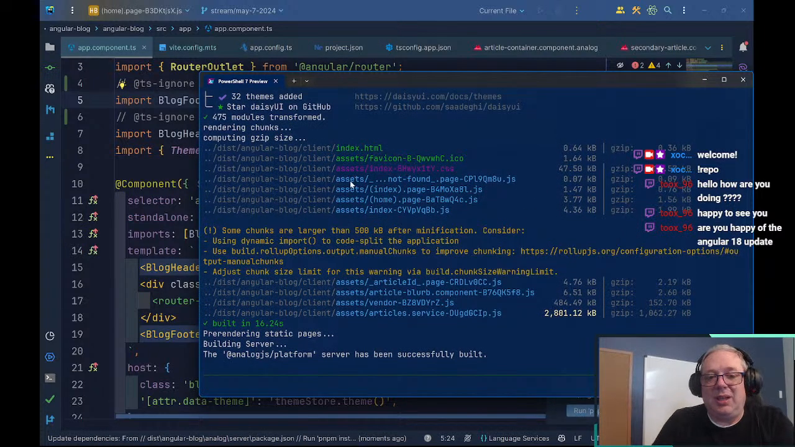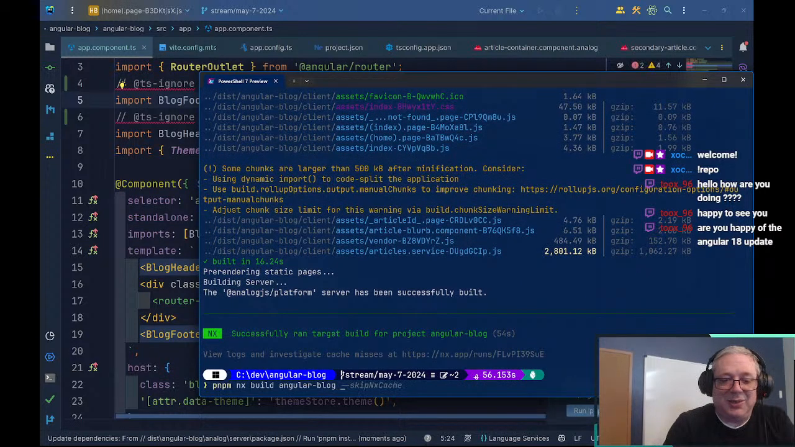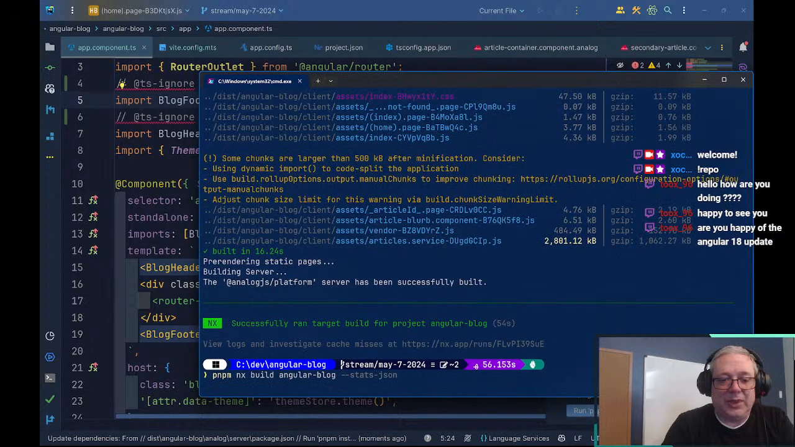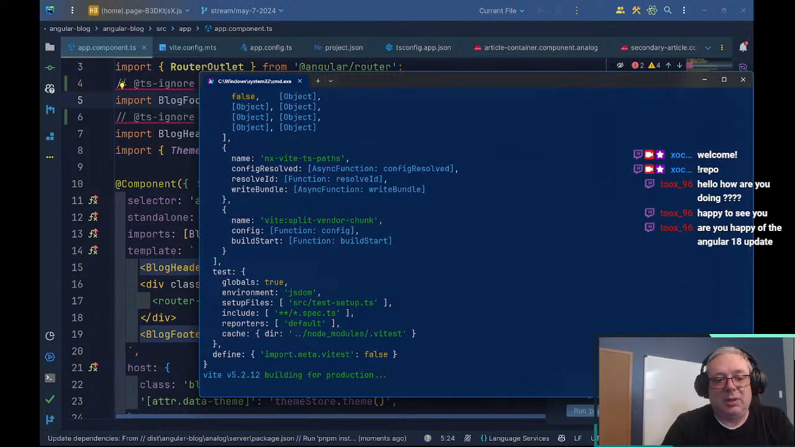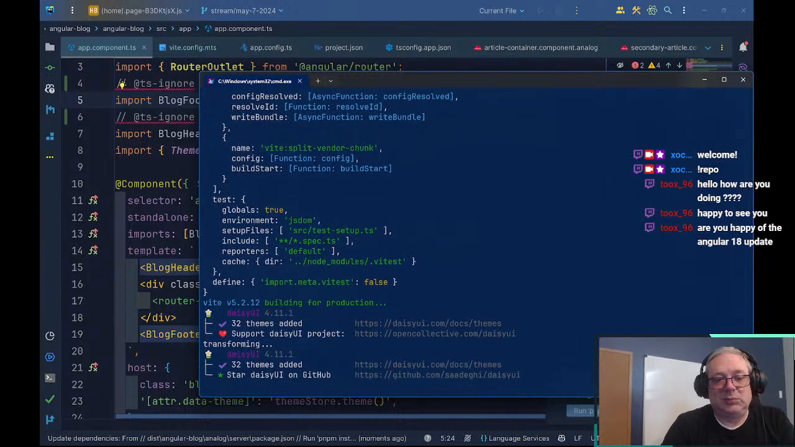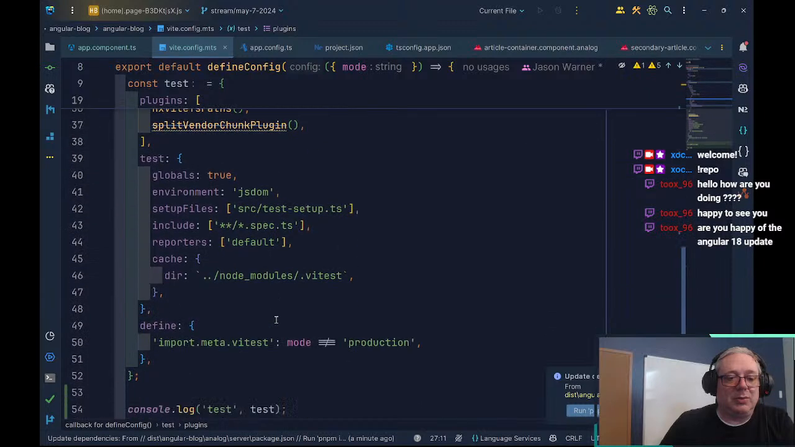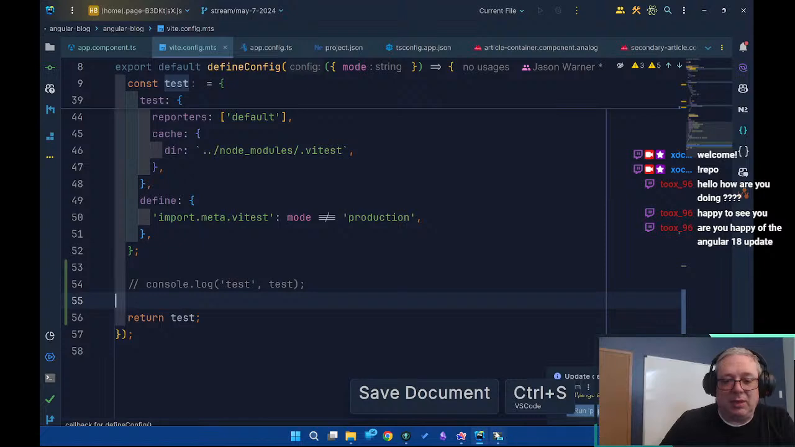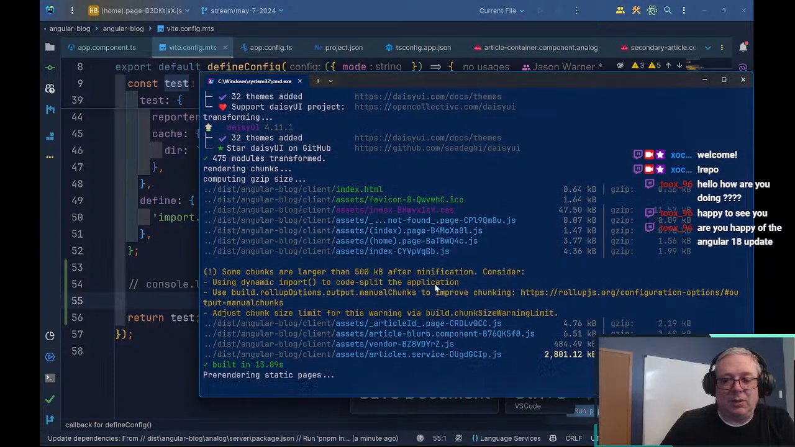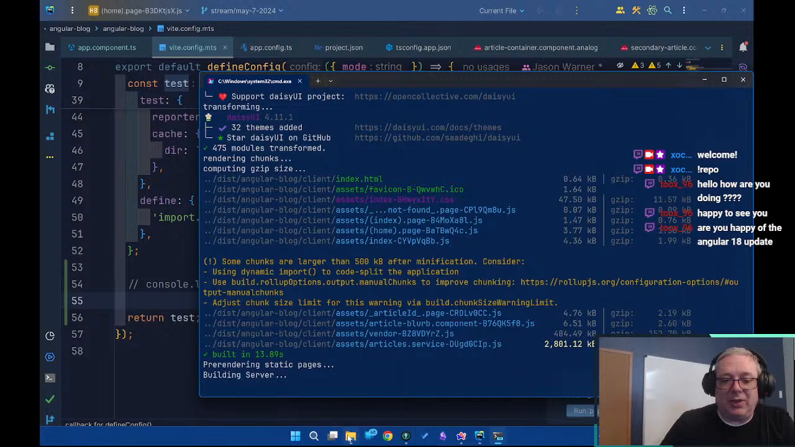And so we can see, and the main reason I wanted to do this is I wanted to do the stats JSON, which I didn't do this time around. But we can do a stats.json here. And that's going to output a file that we can use to analyze our bundles. I'm also going to comment out this console log. So there we go. So now if I go look in our dist folder,